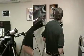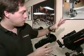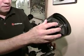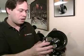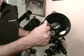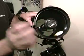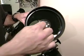We talked with Rick Hedrick, the Senior VP and Chief Technical Officer, to learn more. There are different types of reflectors. There's the Schmidt-Cassegrain style, which is this short tube here. There's a Newtonian over here. These are different types of reflecting telescopes that use mirrors. This one here, as you see, has a mirror inside in the back that collects the light. There's a lens here that does a tiny bit of refracting of the light, and there's a secondary mirror behind